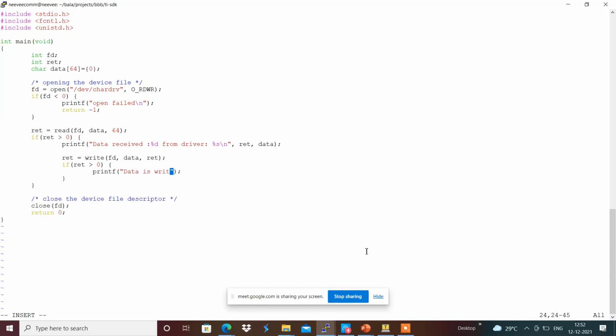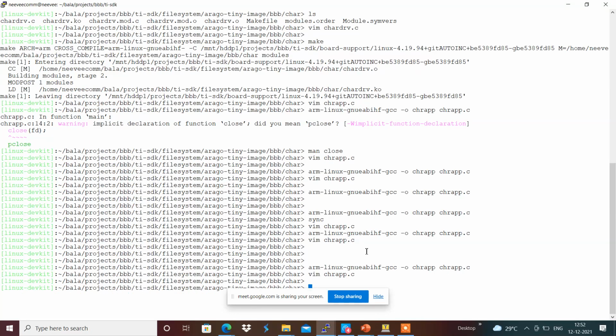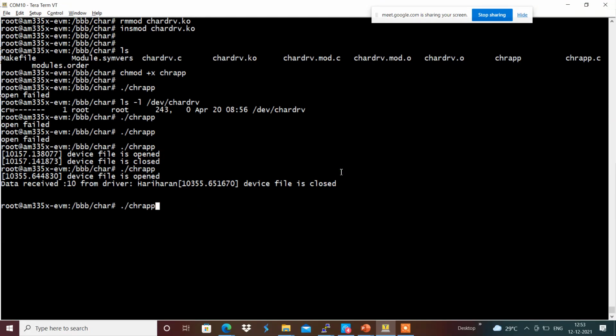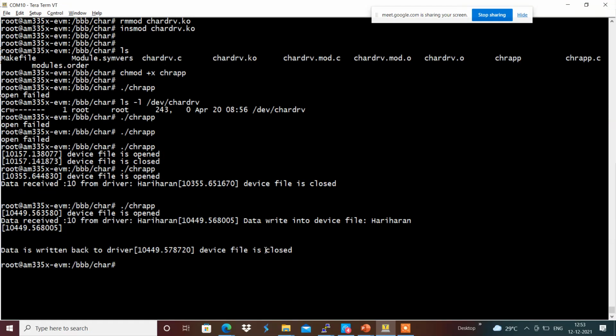Now we will see how it behaves. Yeah, we have received 10 bytes of data from the driver, Hariharan, and we are sending back the same data to the driver, and data written into the device file, the same data Hariharan, whatever data received, it has been written back to the driver, and we got the print was successful in the application, and we got the device file closed successfully in the user space application accordingly over here.